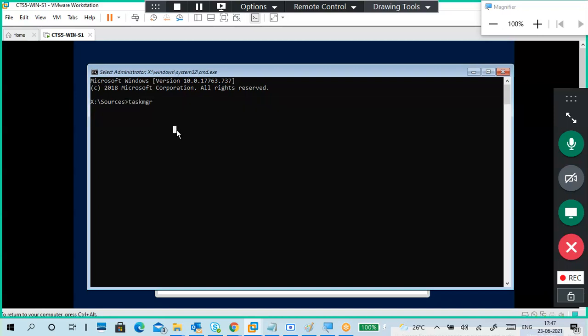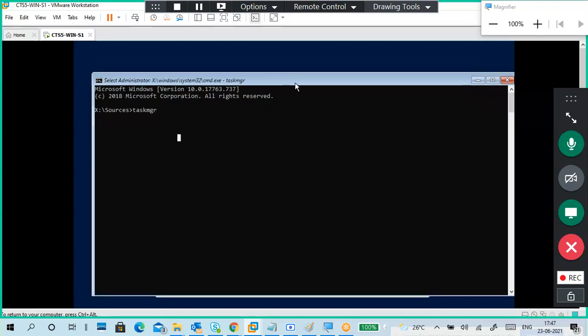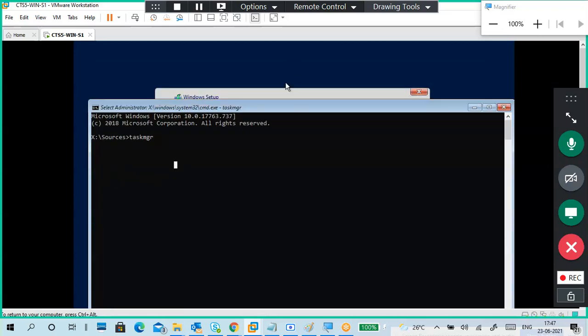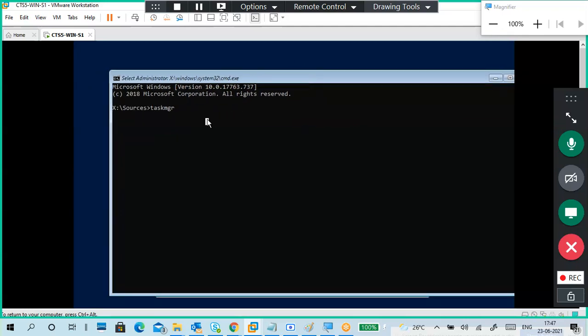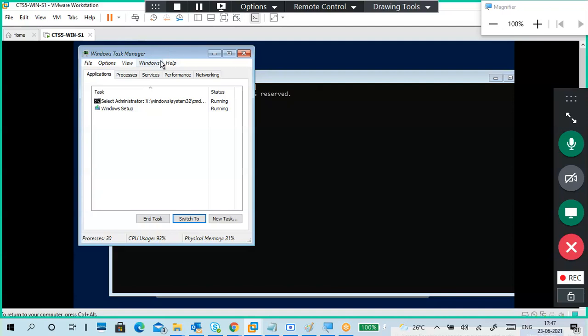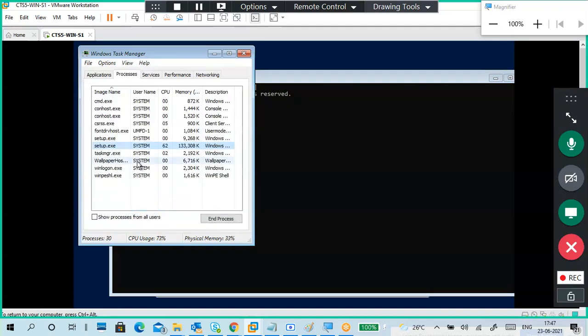Task manager. What happened? It is not auto opening. Maybe it is feeling shy. Yeah, it is open. Right click. Go to process.